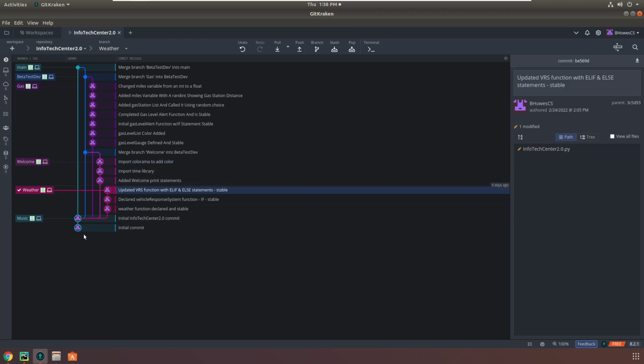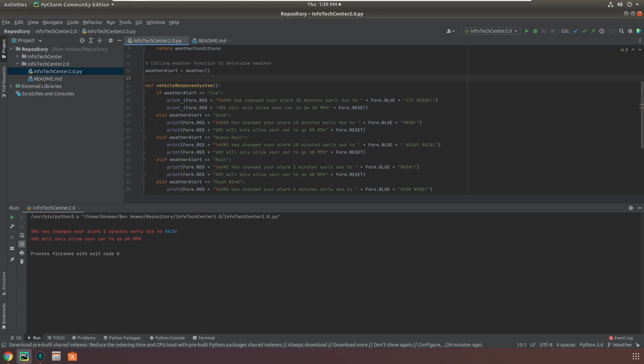So in this project, it's a car InfoTech Center, so that when you start up your car, it'll show you a welcome message, maybe how much gas you have or what the weather is like. And the branch that we've been working on a lot right now is actually our weather branch. So I have that checked out right now, and then I'll go over to PyCharm, which is our IDE,